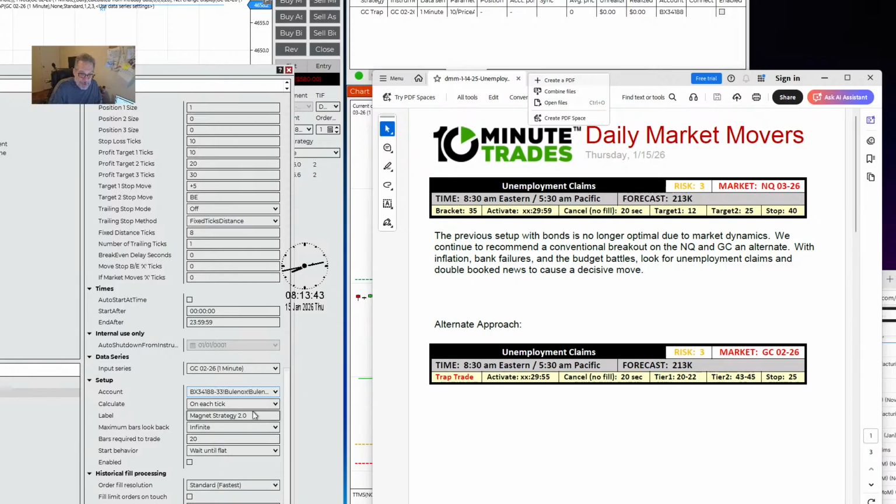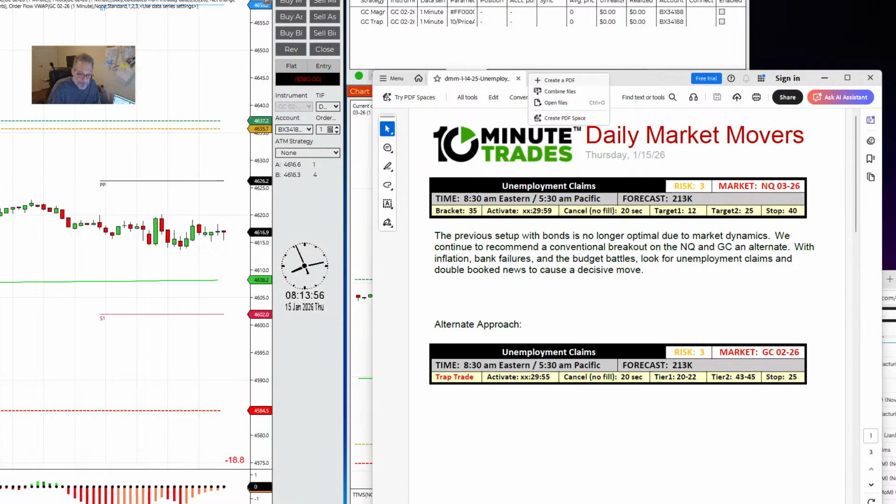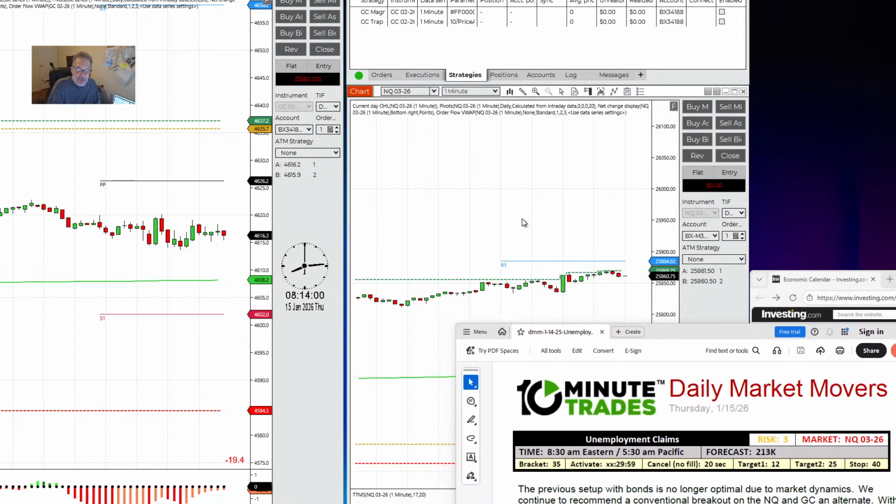And I'll label it. All right, GC magnet. So that will be labeled GC magnet. Apply it and OK it. And what happens when you put a magnet trade on? Make sure you're on the right account. When you turn on the magnet,